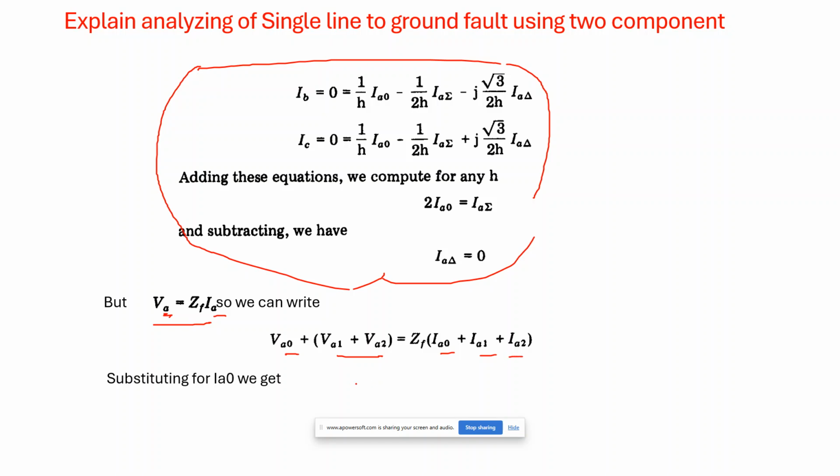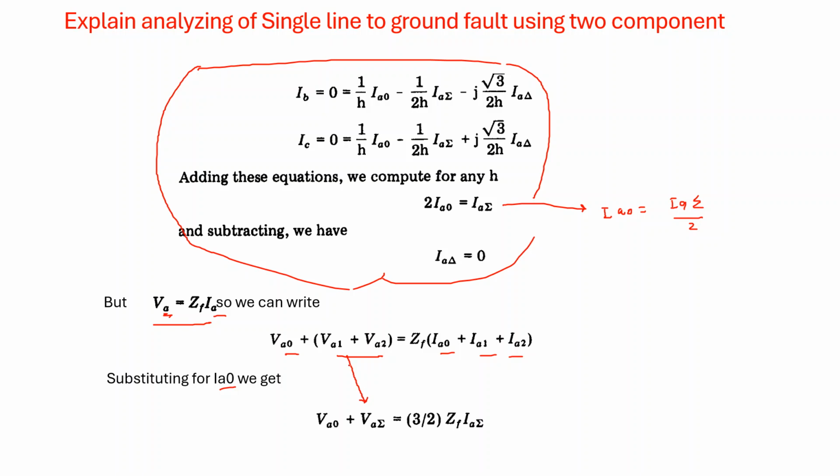Now what further can we write? If we substitute for IA naught from this equation, IA naught is equal to IA summation divided by 2. VA1 plus VA2 is written as VA summation, VA naught is taken as it is, and ZF is there, IA naught, and this is now 2 IA naught, so it totally becomes 3,